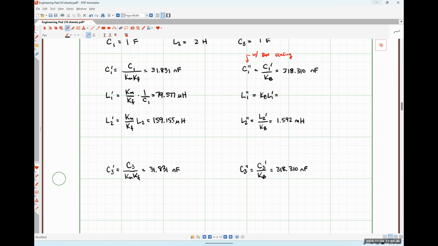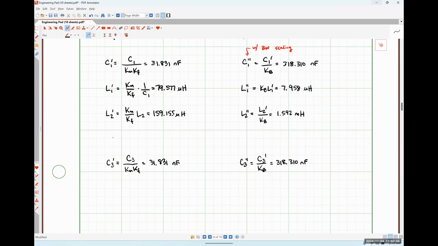So for our normal elements, or our low pass filter elements, we divide by KB. For our high pass filter elements, we multiply by KB, okay? And so this is going to come out to be 7.958 microhenry. Okay. For our capacitance C2 prime, that's going to look like 1 over Km Kf,